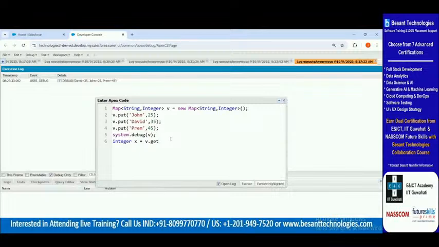Inside get I use the key in single quotes. John is my key, so I use the John key and close it. The answer, 25, will be saved in x. Now if I print the x value,